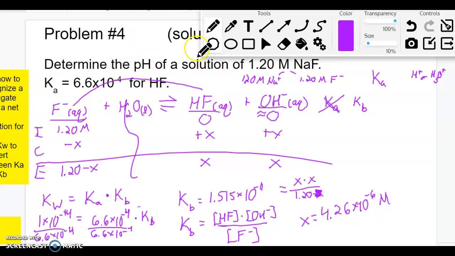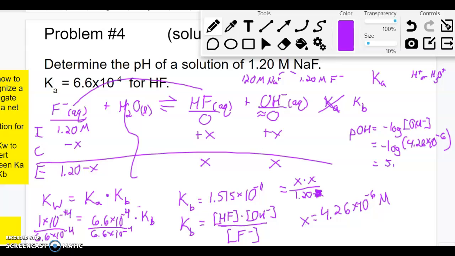They asked us for the pH. This pH, it's like X, how do I figure out pH? I need the concentration of H plus, or I need to figure out things like pH from pOH, all that stuff. Oh yeah, I can figure out the pOH because this X value is the same as the OH minus concentration. And then I can figure out pH. So it's like a little puzzle that you're doing, but I'm going to figure out my pOH. It's equal to the negative log of the concentration of OH minus. Because that's what I just solved for X, it's equal to negative log of 4.26 times 10 to the negative 6. Huzzah! And that's equal to